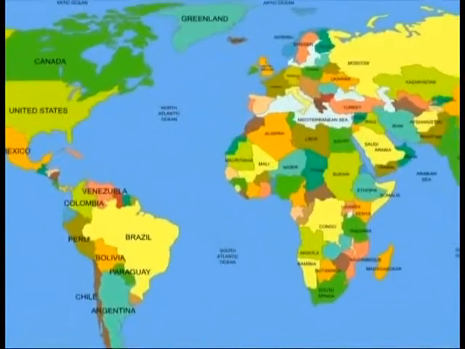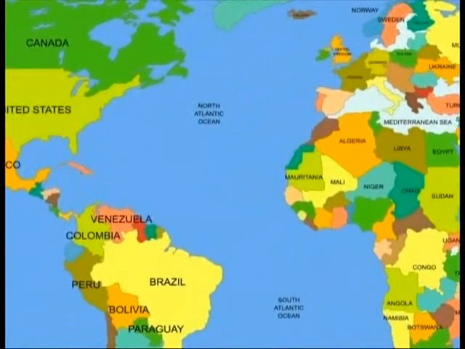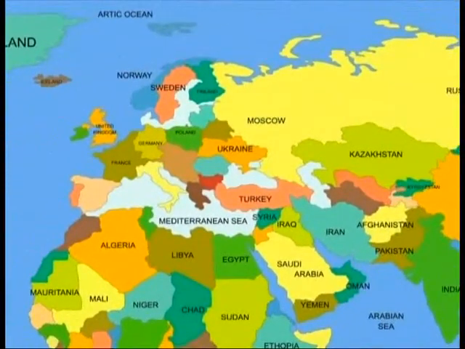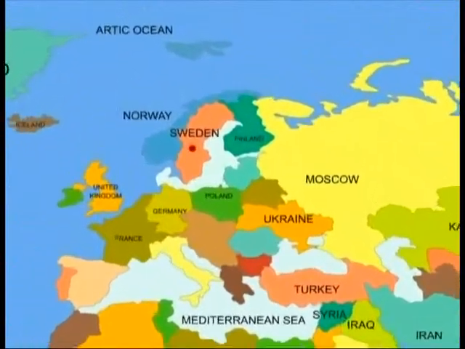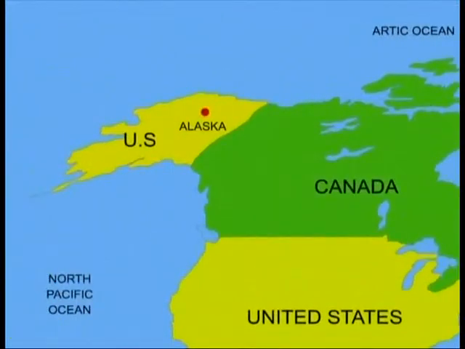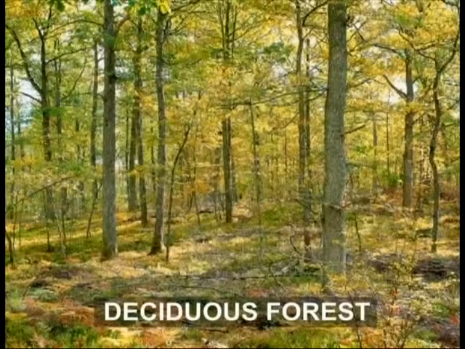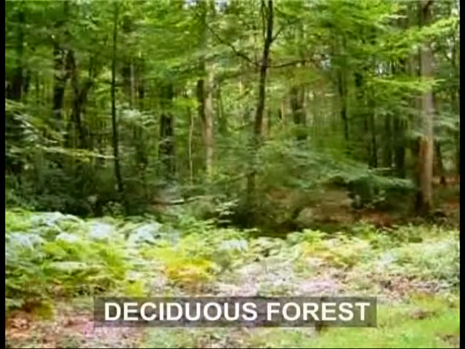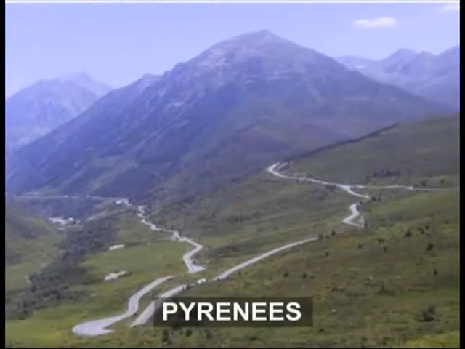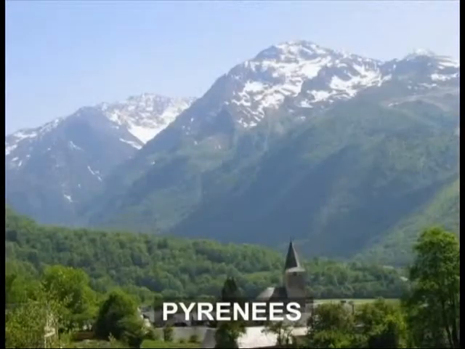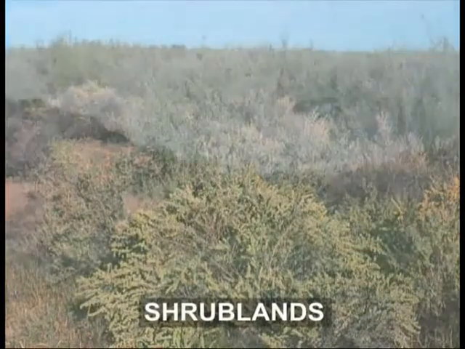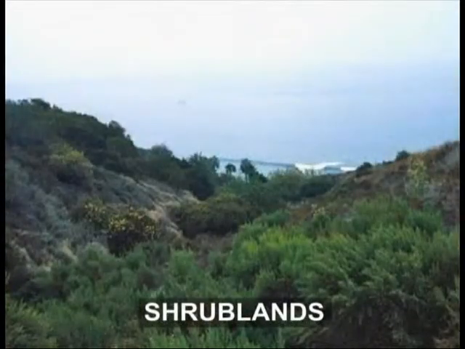Coming towards the Atlantic Ocean, the warm currents create the mild climate of Western Europe. Here, the temperate forests are largely found in southern Sweden till as far as Alaska. Dividing the deciduous temperate forests of Central Europe is the Pyrenees. This mountain barrier divides the deciduous temperate forests of Central Europe from the hot, dry Mediterranean shrublands of Spain and Portugal.